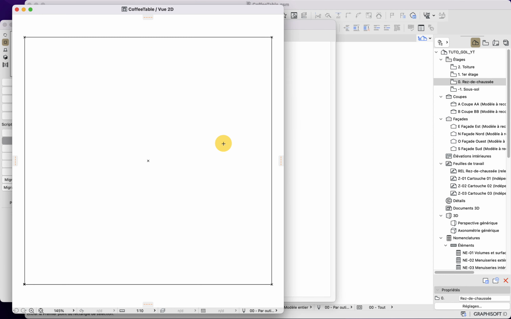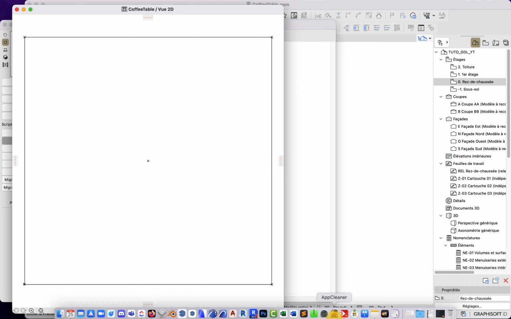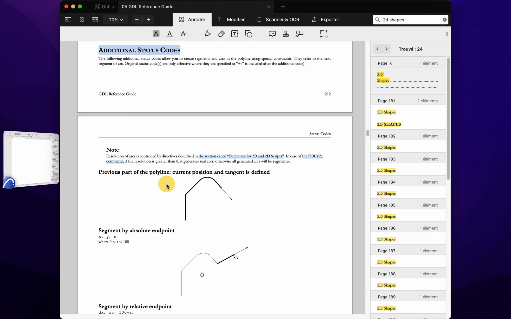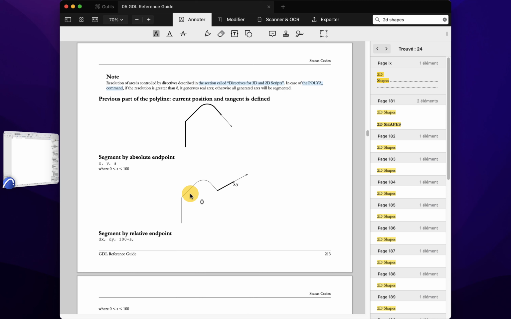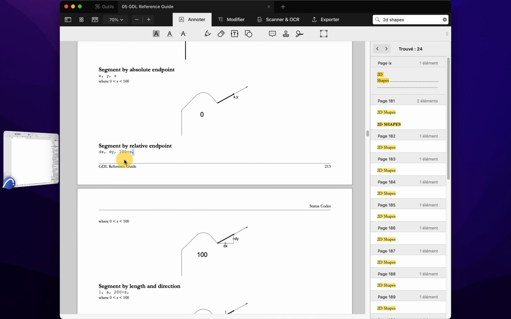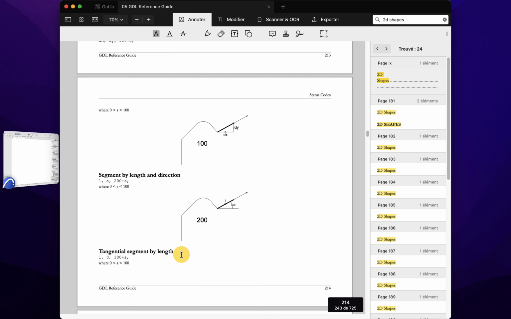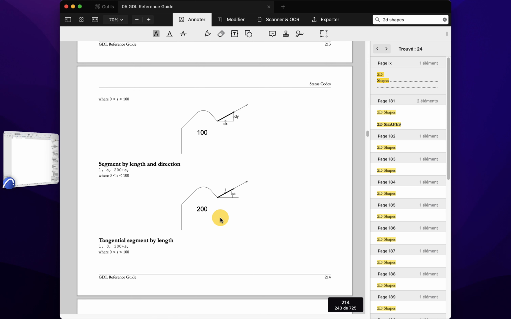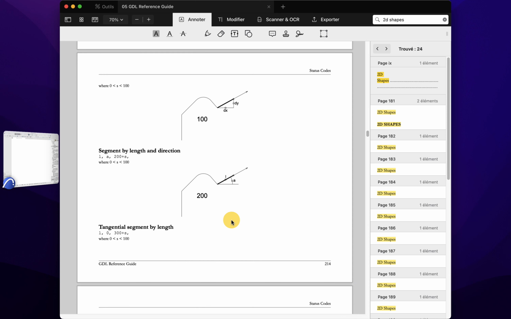So this status can be more than 1 and 0, obviously. And you can see here that, for example, my points in my script are entered with absolute coordinates, but I can draw them relative to the previous point if it's easier for me. I can draw them with polar coordinates, so with a dimension and an angle.